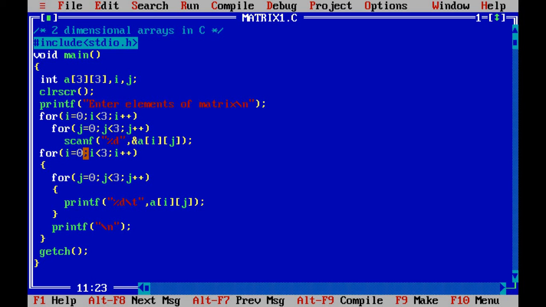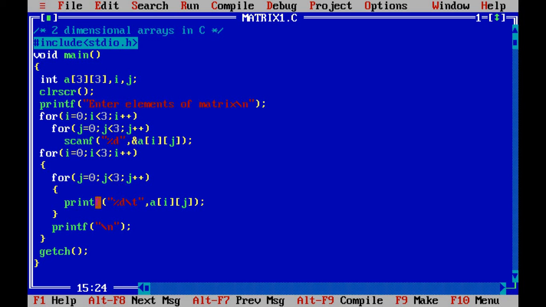For i equal to 0, i less than 3, i plus plus. So i keeps track of the rows, and in every row there are multiple columns. To fetch the values in those individual columns, the j loop is used here: for j equal to 0, j less than 3, j plus plus. Here we have a printf statement which will print the value.